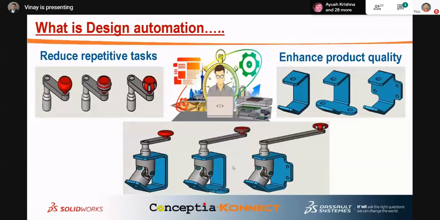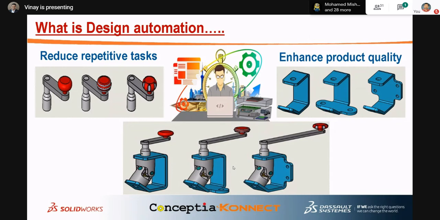Okay, this is how the design automation should work, and the industry is also needing from you this, to make the routine work as a routine. It should not affect your day-to-day activities, but you have to think about enhancing the product quality, how the new technology can be adopted for this.